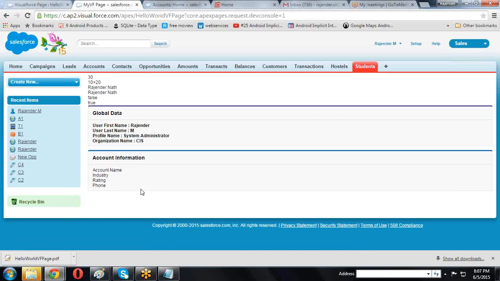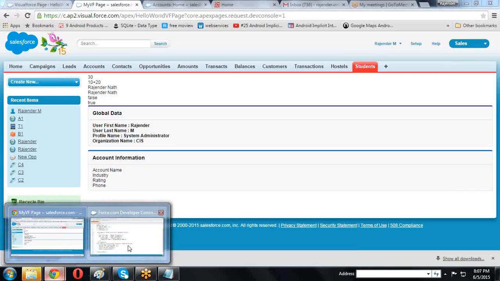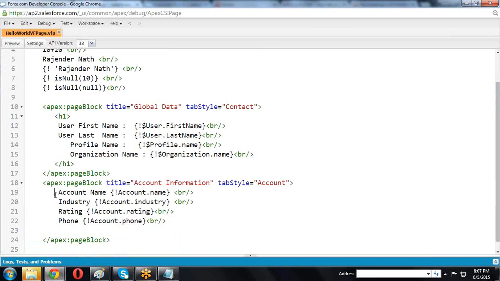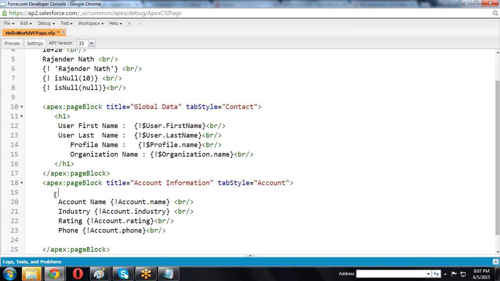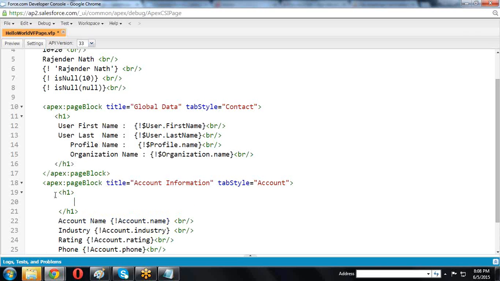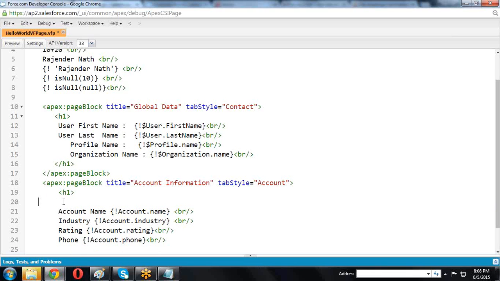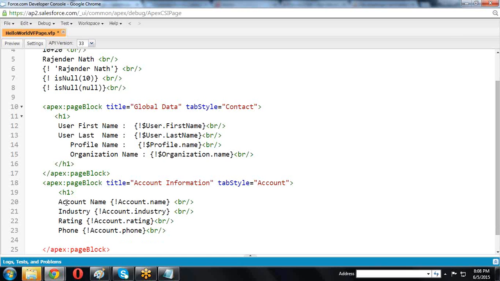By default it cannot display any names. Why is it not displaying? Here we have a number of records, and it cannot identify which record, so which record's properties you require, you cannot identify. That's the reason it is not displaying any value. So here the id value is required. If I pass the id value, then only it recognizes the properties; otherwise it cannot. What is required here? Id value is required.